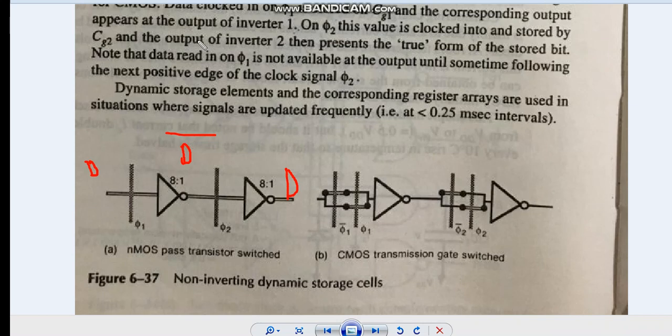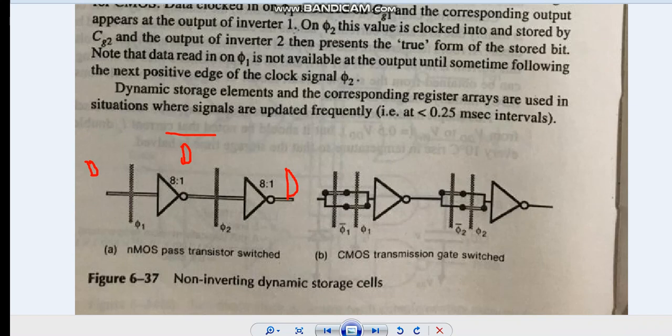You can do the same analysis here that we have done previously. With the NMOS, make the input 0 and 1, then your output will be D bar. If you apply a D bar across the same cell, once again we will get D. One more thing you have to understand here is the